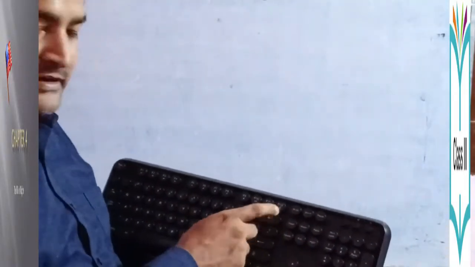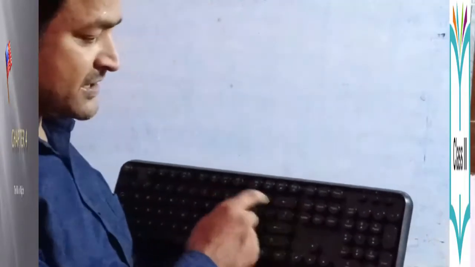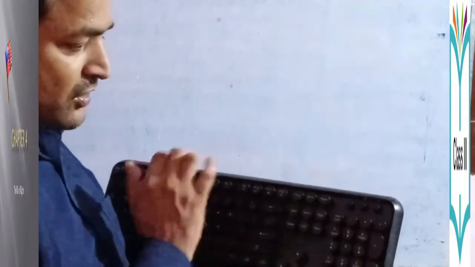This is the delete and backspace button. Suppose you write any letter and make a mistake, you just click backspace. This is the backspace key, delete button, home key, numlock key. They are all types of special keys.